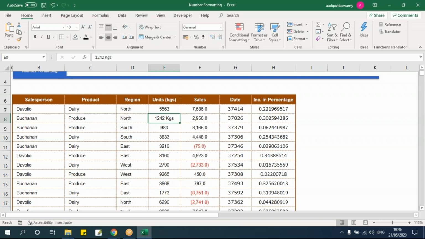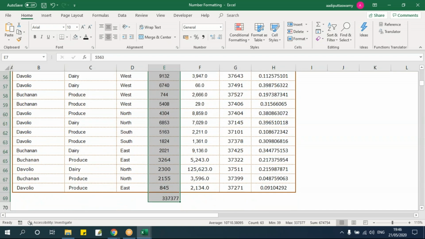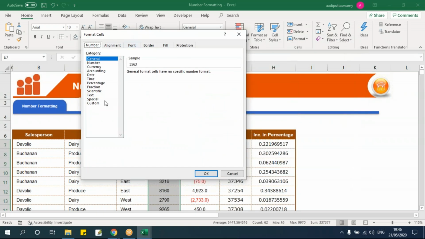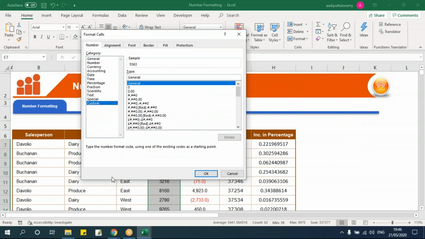So in that case, let me just delete these things. I'll go here, select the range, control 1. I'll go to custom and just specify a 0, because here I don't want any decimal numbers. If you want decimal numbers, I can use .0 or whatever. So in this case, let's assume that I don't want any thousand separators and no decimals, just mention it as 0.